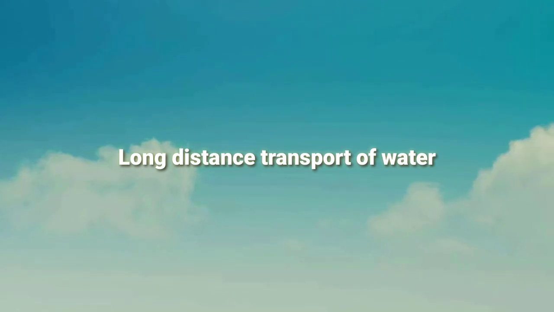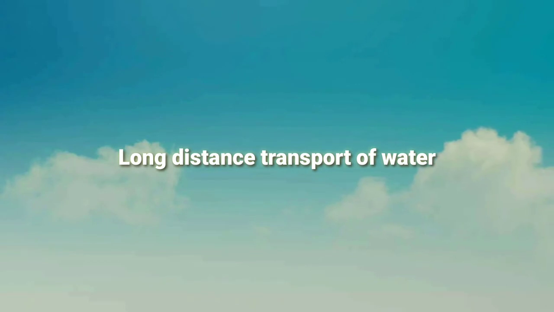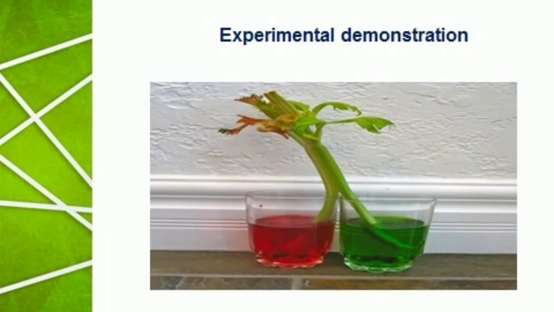In the earlier stages, you might have carried out an experiment in which you placed a twig in colored water and left it for some time. Later on, if you observe, the colored water reaches the twig and the twig changes into the color that you have placed. The experiment clearly demonstrated that water moves through vascular bundles, that is xylem.